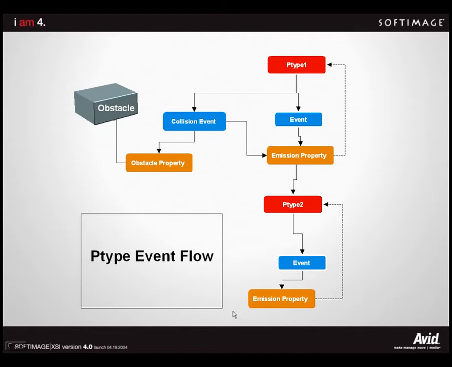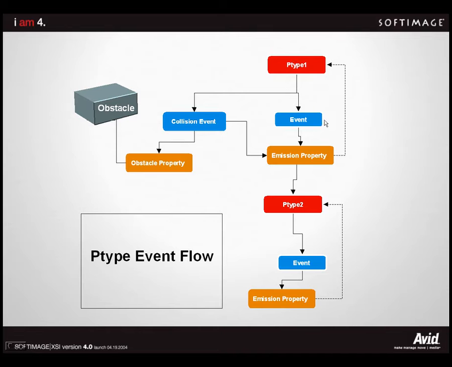Okay, so now that we've gone over the basic components of a particle system, let's look in a little more detail at how the actual events work with the particle system. More specifically, the kind of p-type event flow that's really the key to creating complex particle effects. So what happens is we have our p-type in our scene that's being emitted, and that p-type can trigger an